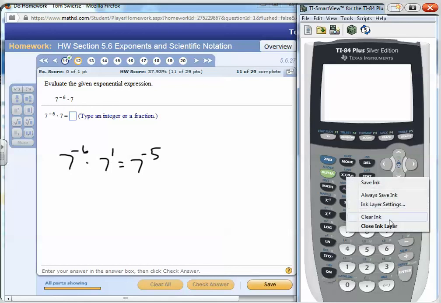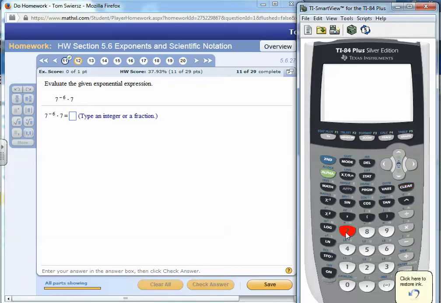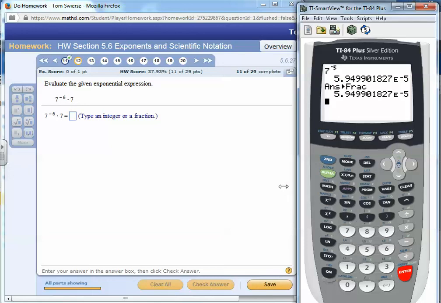If we do 7 to the negative 5th, and then hit, now that's an exponential form, which we're going to cover in a minute. If we go to math, fraction, I don't think it's going to recognize it because it's too small. So an alternative would be, you know the answer 7 to the negative 5th, right? So it's 1 over 7 to the 5th is the denominator. So simply just go ahead and do 7 to the 5th power, right? Because it's 1 over,